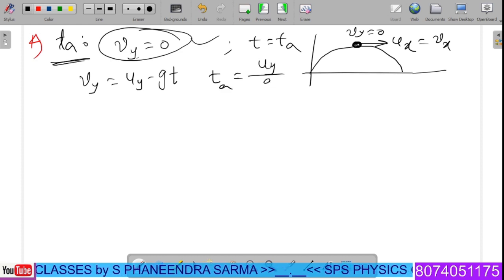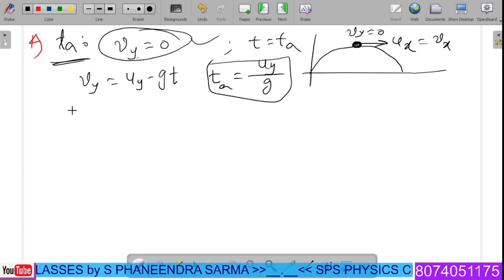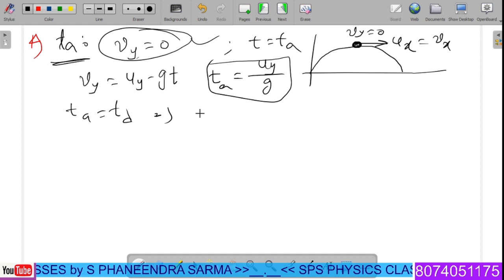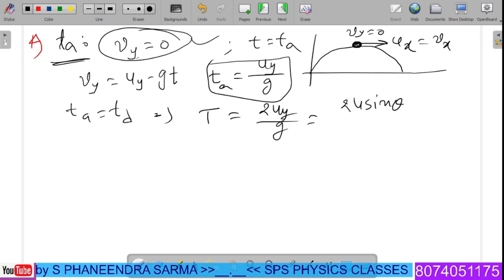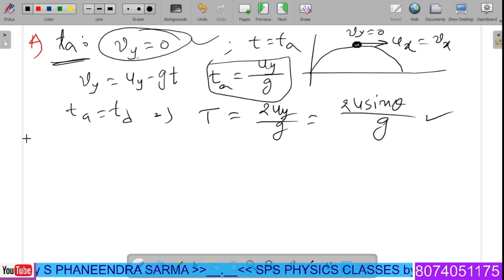simply uy by g. Similarly, the time of ascent and time of descent are both equal, so therefore you can write the total time of flight as 2uy by g, which is also called 2u sine theta by g. We can write it like this. And the next one, the fifth one, is nothing but,